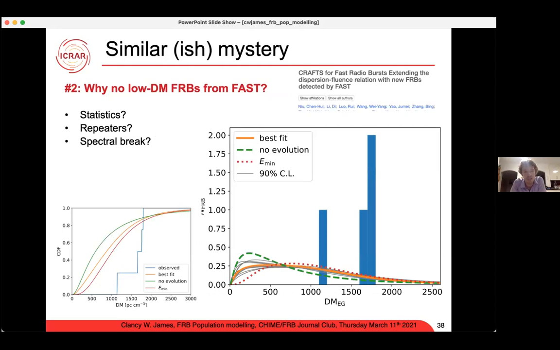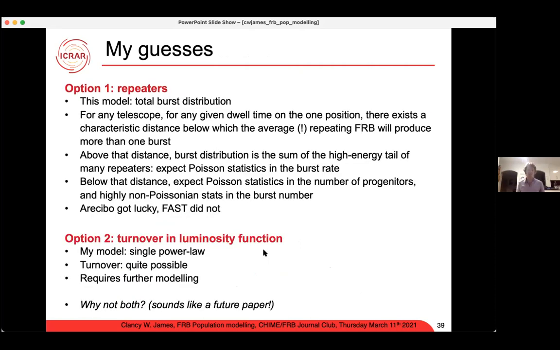Similar-ish mystery, FAST has recently released a total of 4 DMs from their search now. And if you try to model FAST, this is what you get. Here are the 4 FAST FRBs, and these are the different model fits. And, again, with a minimum, your maximum. So this red dotted line is your maximum minimum FRB energy that you can get within about 90%. So, cumulative distribution wise, this does not look good. Your KS test will tell you there's only 4 data points, but still, there could be something funny going on here. So these are my guesses to it.